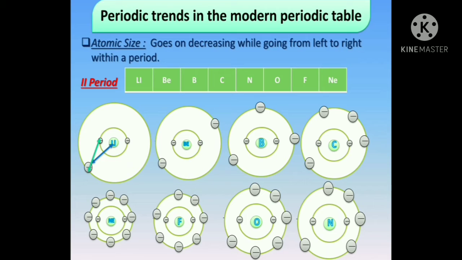So if we study lithium properly, in lithium the nucleus is applying positive force on the outermost electron, whereas both the electrons in the K shell are applying force on the outer electron. Now this is called nuclear charge, and after counting all of this it is called the effective nuclear charge. Now here the effective nuclear charge on lithium is more with positively charged protons in the nucleus.